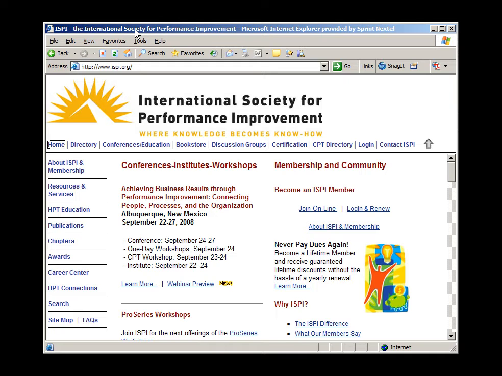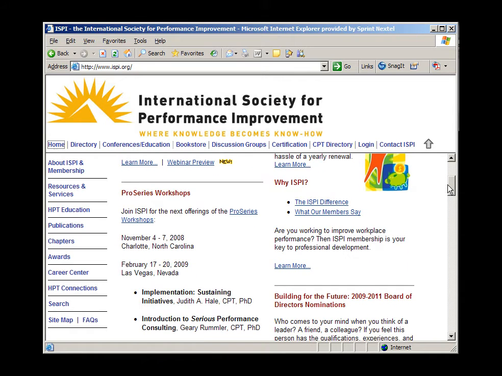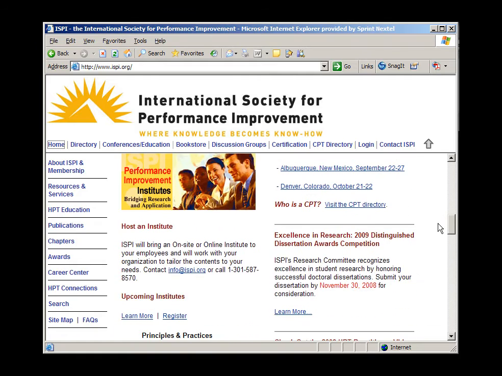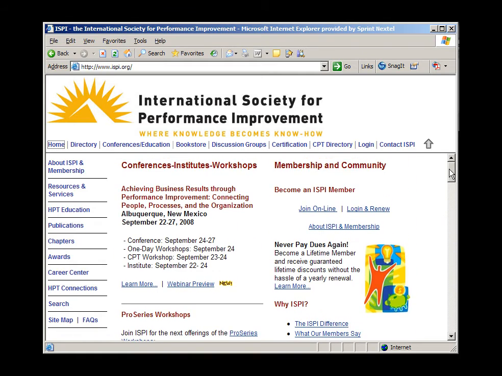So as you can see, we first go to www.ispi.org. That goes to the homepage of the International Society of Performance Improvement. From this website, you can, of course, see different information about upcoming workshops, the membership community, different types of Pro Series workshops that are coming up, as well as other useful information. What I'm going to go through, as we talked about, is some of the resources that are available for